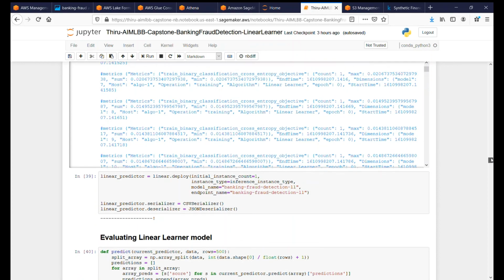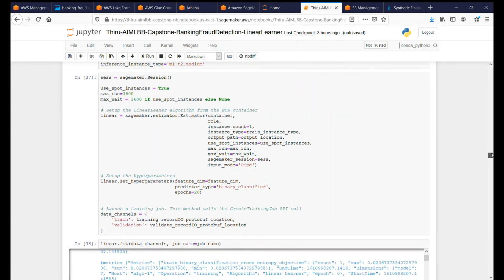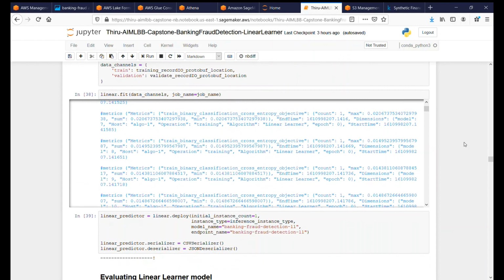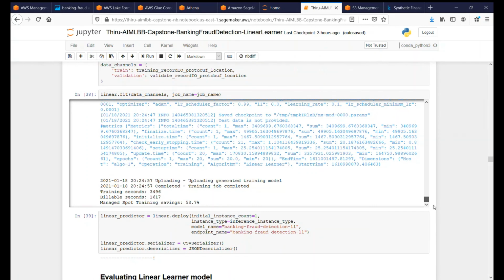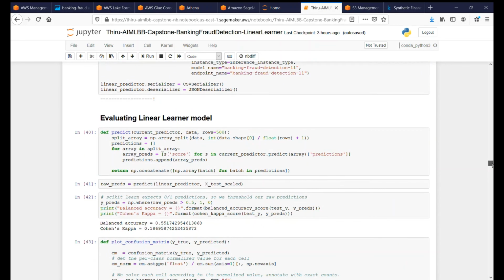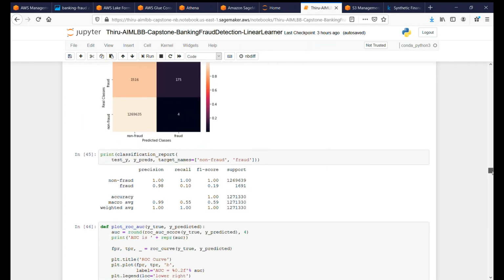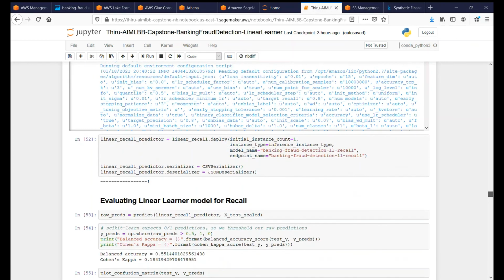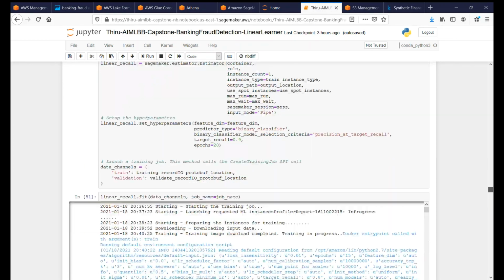We are using managed spot instances wherever possible, and we are running 20 epochs here, so we have saved around 53.7%. And we can run the evaluation here,